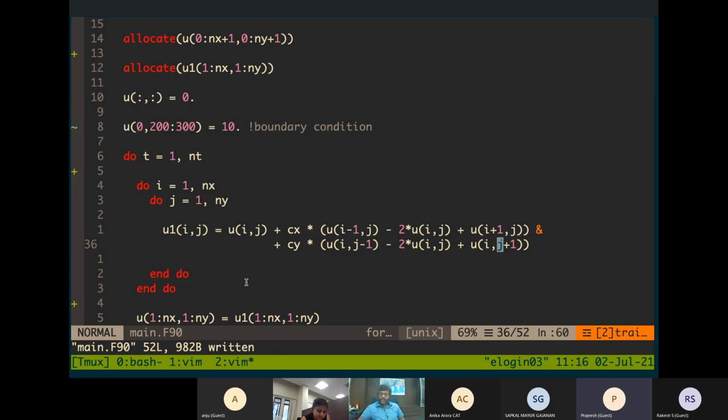That means the calculation of the ij point depends upon its immediate neighbors here, which means that we need neighboring data points to compute any value at any particular grid point.